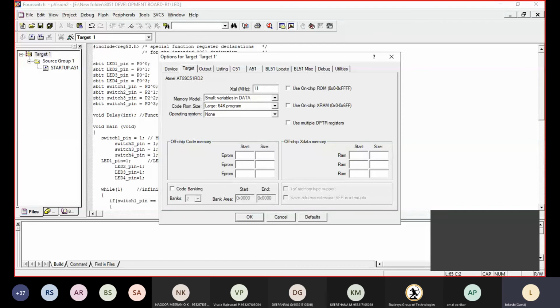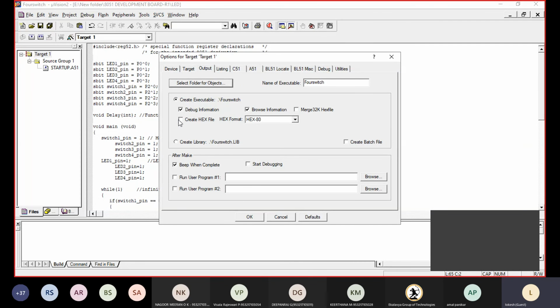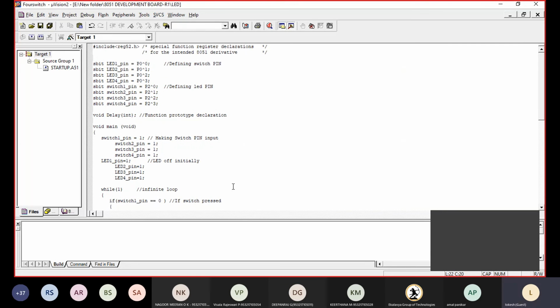Set 11.0592. Next, output, create a hex file. Next, compile. You can see 0 errors, 2 warnings. There is no problem with the warnings, and a hex file is created.